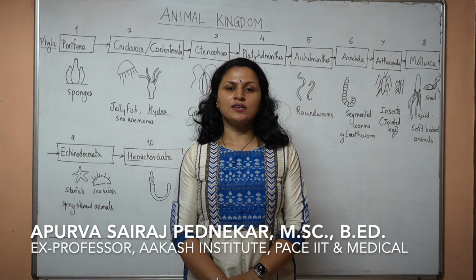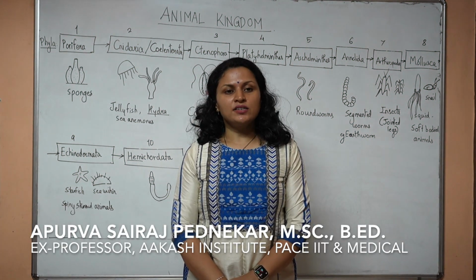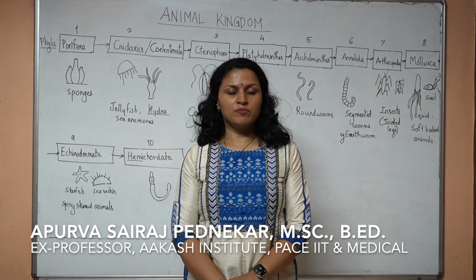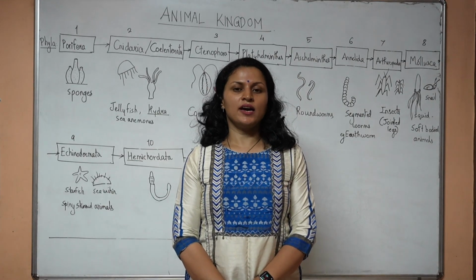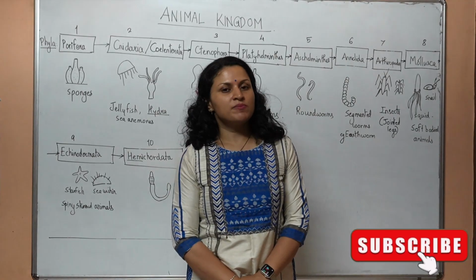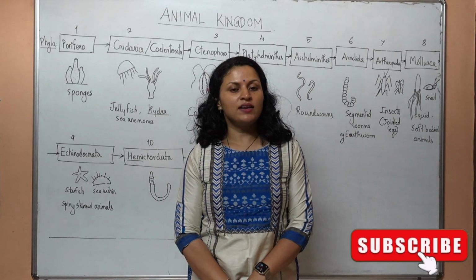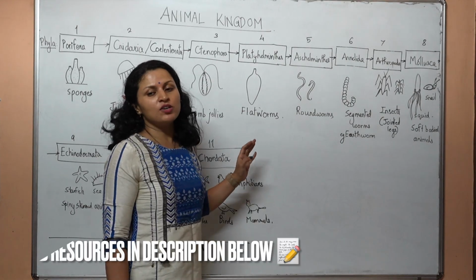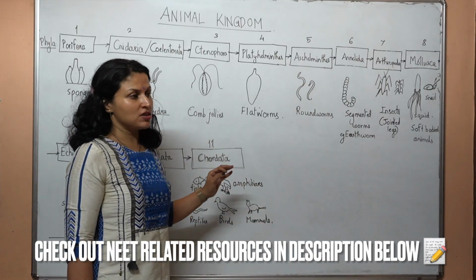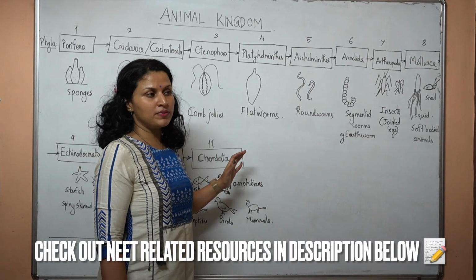Hello students, we had started with animal kingdom and we had started with the basis of classification. We have completed the levels of organization and the symmetry. Let us move on to the next basis of classification, diploblastic and triploblastic organization. Before we go to the third basis of classification, I want you to know about the embryonic development in phylum